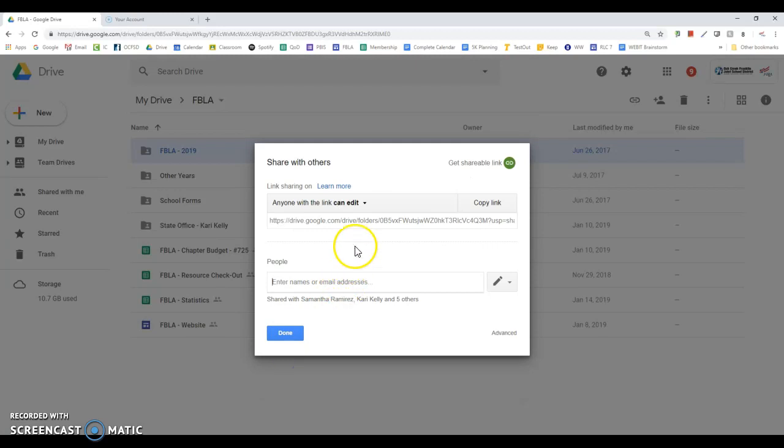Then you press save and you can copy this link and paste it into an email, into a doc, whatever you want to do. Or here, you can start typing in people's emails. And when you start typing them in,